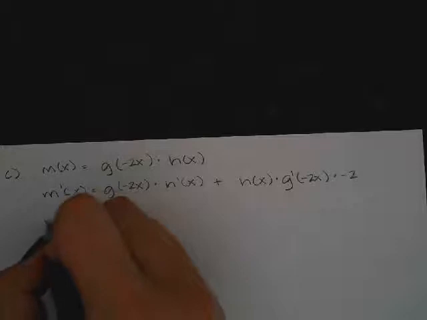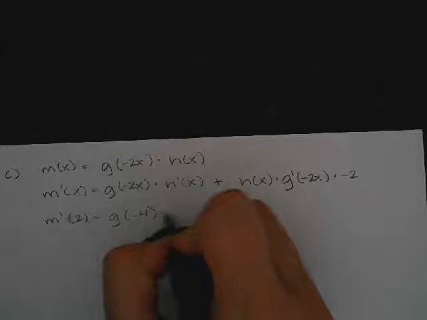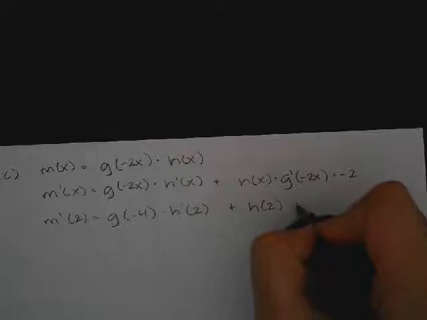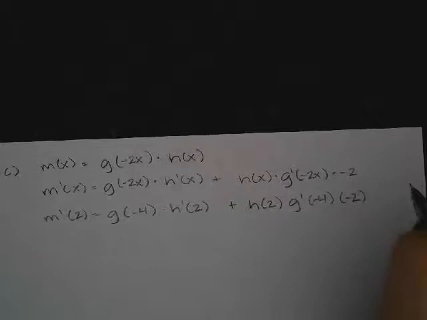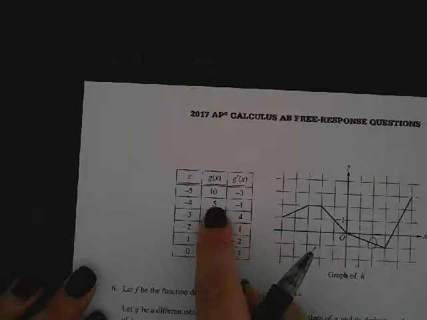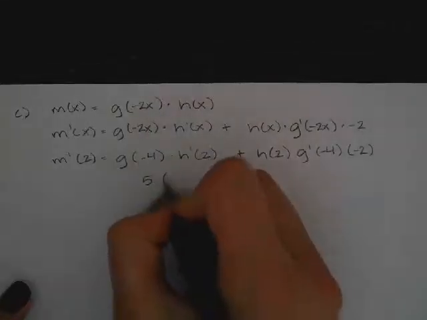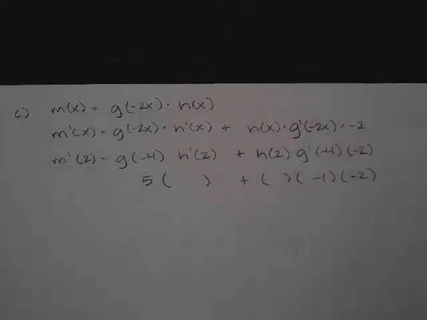So now I can go ahead and plug in 2. So I've got g of negative 4, h prime of 2, h of 2, g prime of negative 4, negative 2. So g of negative 4 is 5. g prime of negative 4 is negative 1. So 5 times something, something, negative 1, negative 2. Okay. h of 2,